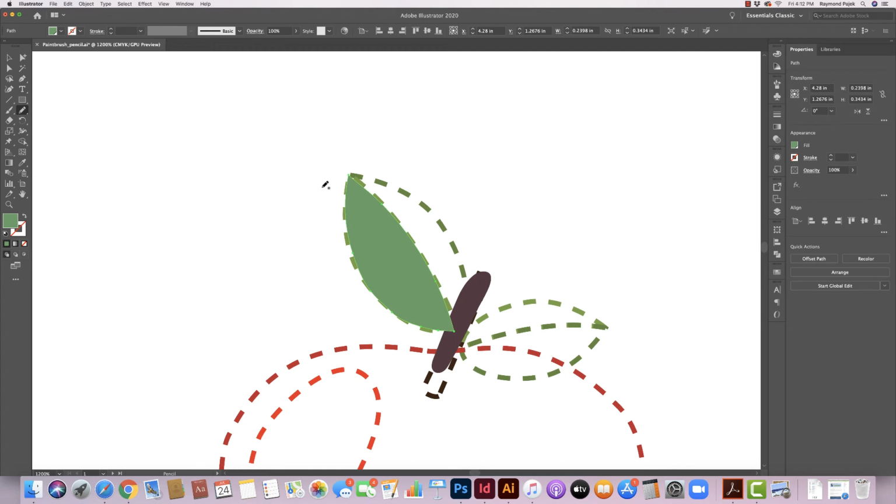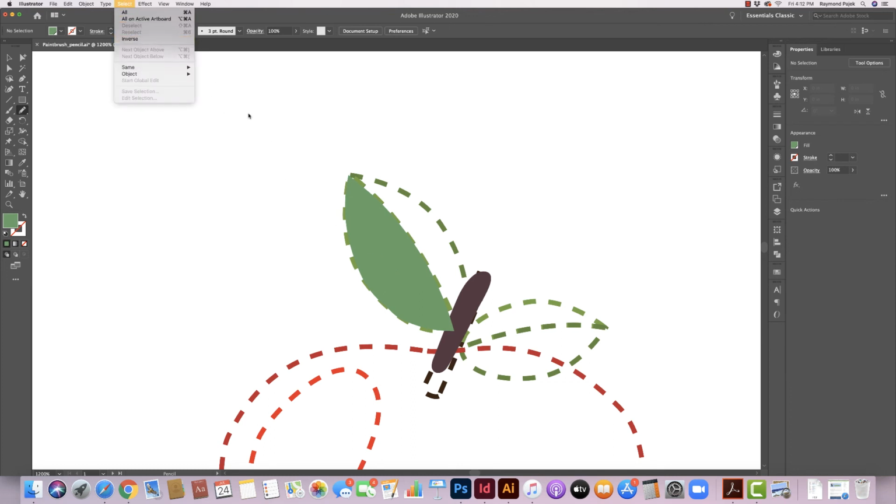So what you really need to do is hold down the Command key on the Mac. It's probably the Alt key on PC. And deselect. You can also come up here to select and deselect. Right. So now I can go ahead and,